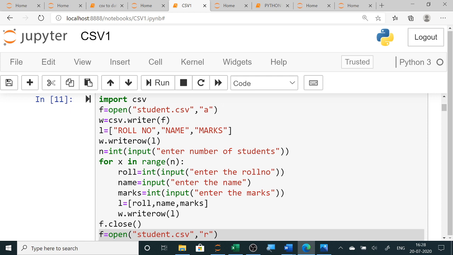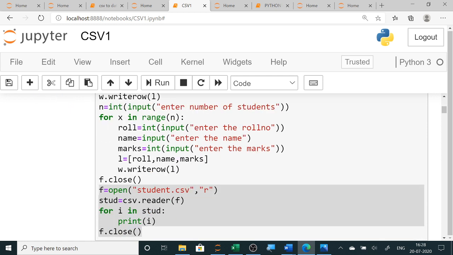Then how many records, how many students' data you want to enter, suppose any number the user will enter, and then in a for loop that many times the loop will be executed. If it is 5 students, 5 times the for loop will be executed. It will ask the roll number, name and marks. Now in your project, if you are designing for something else like airways, then flight number, flight name, source, destination, those data you will take and create a list for a record.